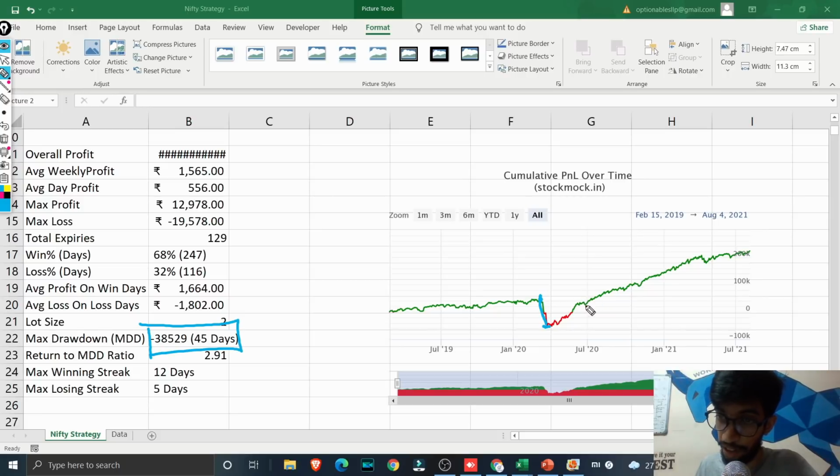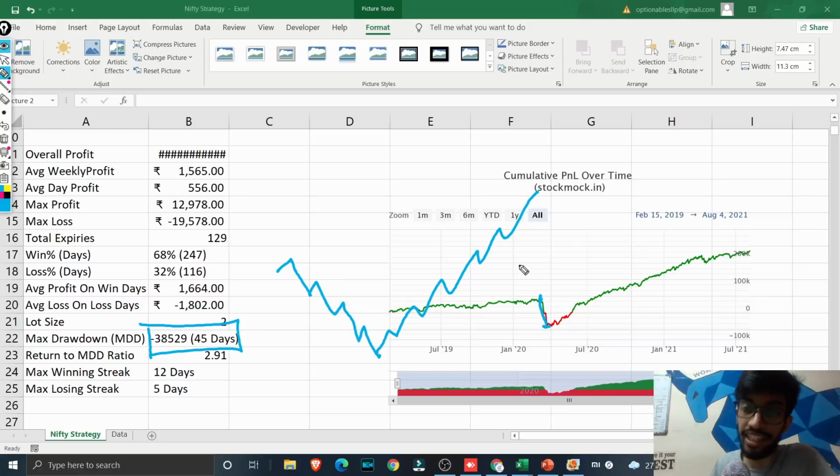So you're going to have profit one day, loss one day, profit one day, loss one day. When you have continuous losses, for example, let's say you have a profit, then a big loss, then a slight profit, big loss, slight profit, big loss, slight profit, big loss. Then let's say you have a big profit and so on. This is how your usual graph looks like. From this point to the lowest point, you have lost around 40,000 rupees, right?